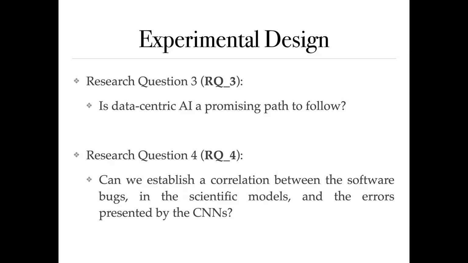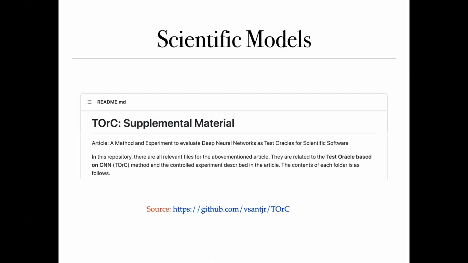And last, we want to find out if there is a correlation between the software bugs in the scientific models and the errors presented by the CNNs. If somehow the bugs, the mutant code, influenced the CNN, so that this is the cause to explain why the CNNs failed. All datasets, code, and extra information you can see here on this GitHub page, in addition to